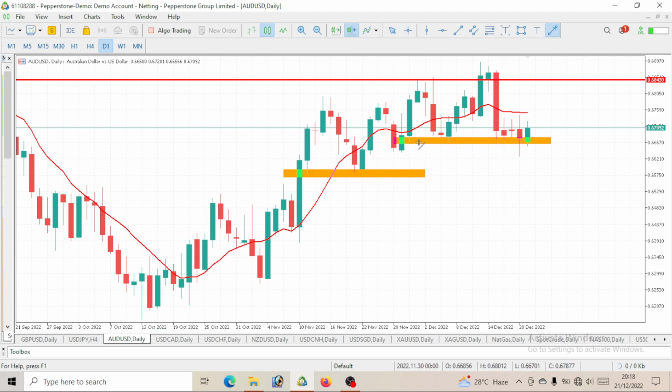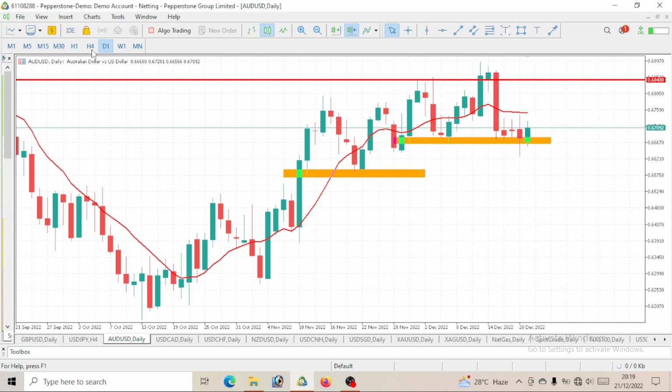So that's what we are looking for. We can see that price was rejected here. I do tell you guys, especially if you are following this channel consistently, that if price has reacted to a level multiple times and price gets to that same level again, we expect price to react to that level again. We've gotten a reaction here once, a reaction here twice, and now we expect price to react here. Therefore, we expect another bullish move. That is another reason why we will be seeing a bullish move on AUD USD.